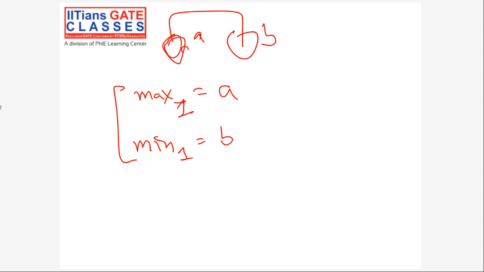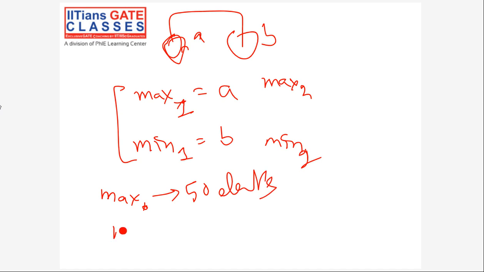Clear to all of you? Similarly, max 2 and min 2 I'll get in one comparison. Similarly, max 3, min 3. So basically what I want to say is I will get 50 maximum elements and 50 minimum elements.